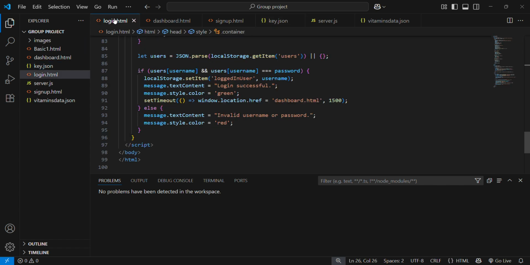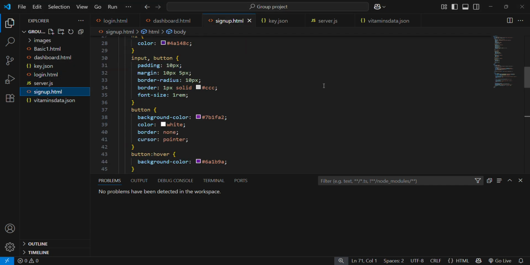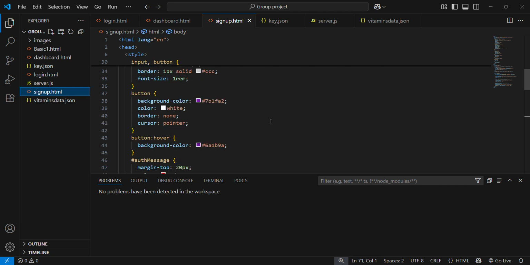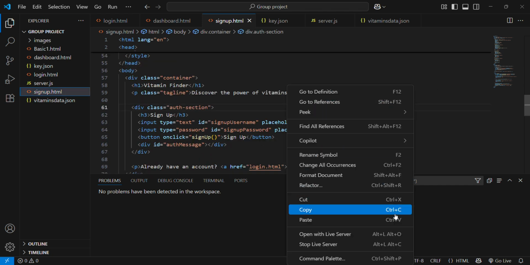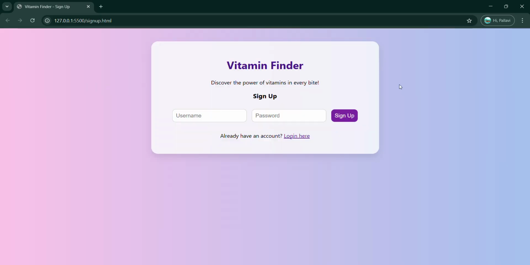And now let me show the working of our website. When we click on sign up and open it with live server, it will redirect to the sign up page. Here you can see the website name and all the details which I have told before.